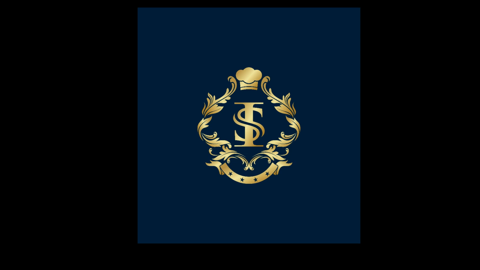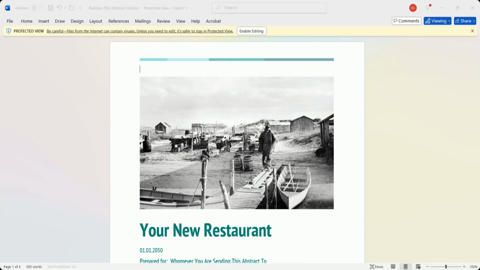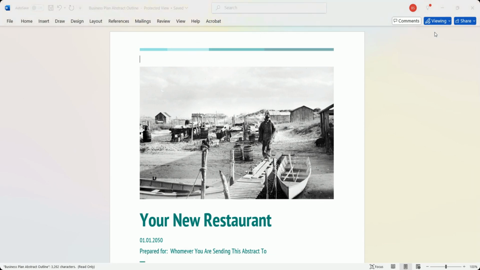So open this up in Microsoft Word. If you have a Mac, or if you have Google Docs, the functionality will be the same. This is what you'll see. Go up to Viewing, go over to Enable Editing, click on Enable Editing, go back to Viewing, click Allow Editing,